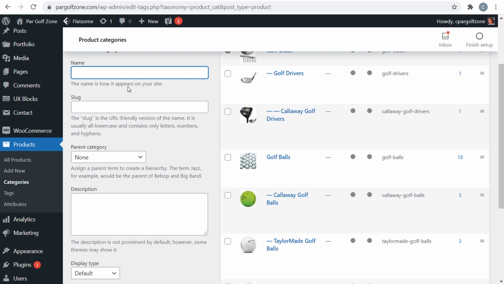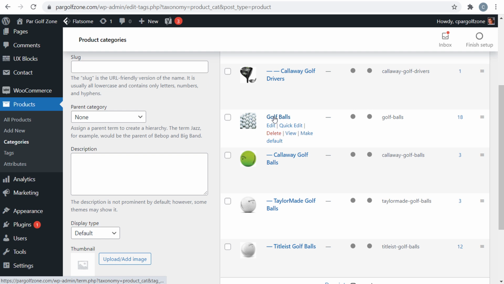For example, I have golf balls here, and I've broken them out by different brands. I have TaylorMade, Titleist, Callaway. There's a bunch of different brands that I can use. I can also create categories for different types of golf balls. There are some that are tour balls, some that are for distance, some that are better for putting. So there's a ton of different categories you can use. You can see here I have my main category, golf balls, and then I have some of these subcategories. So let's say I want to add something to Callaway golf balls, since I only have 3 products